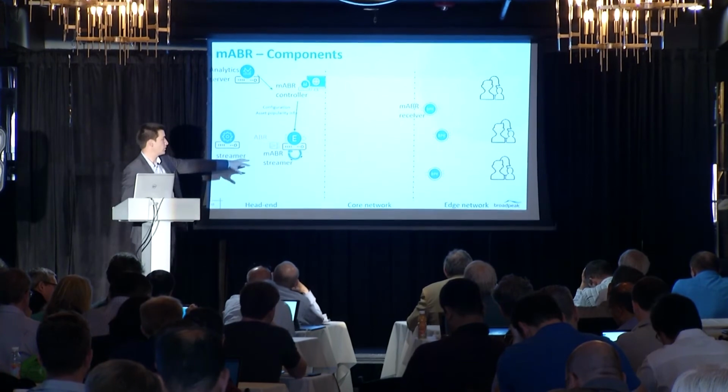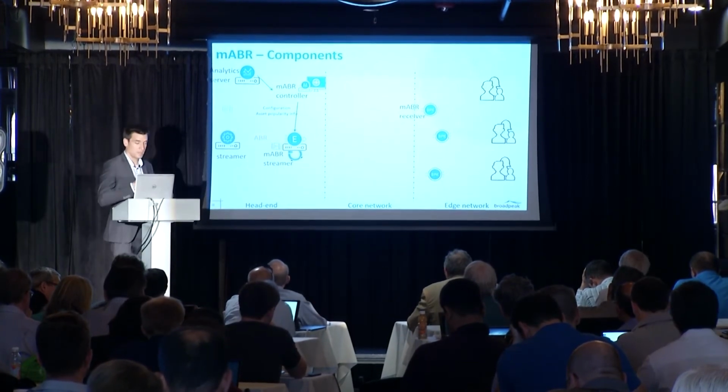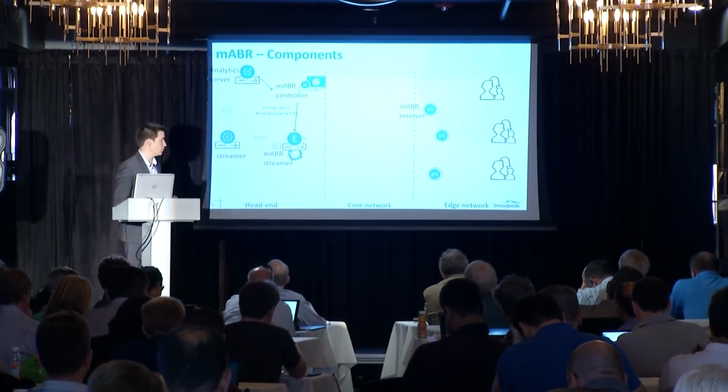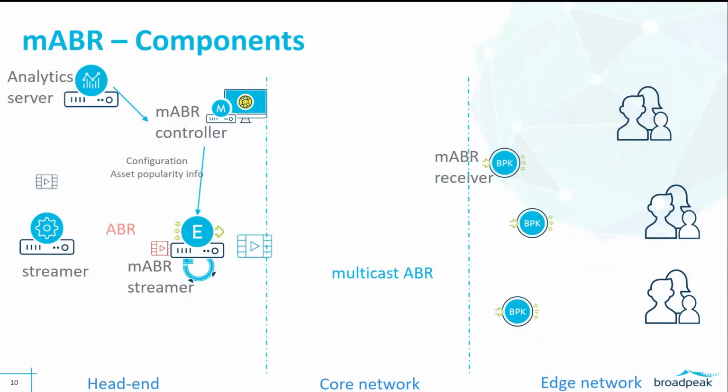And then what we are going to do here is convert this unicast into a multicast. So we are going to see later what we are doing exactly, and we send this multicast in the network. And the multicast is there now, and what we are waiting for now is a request from the end users. So the end users will request the mABR receiver. The mABR receiver will join this multicast and will convert this multicast back in unicast to stream to the end